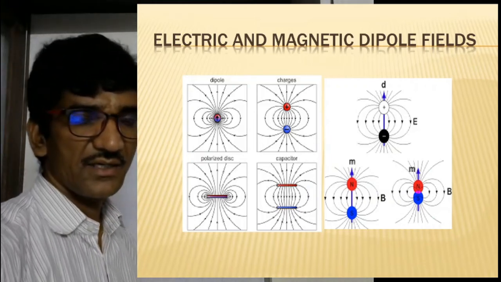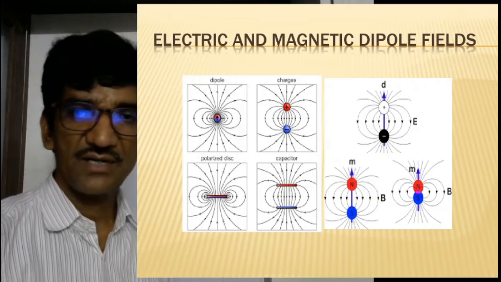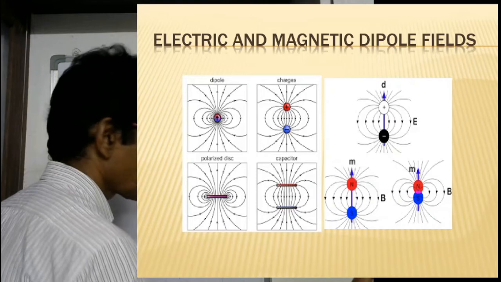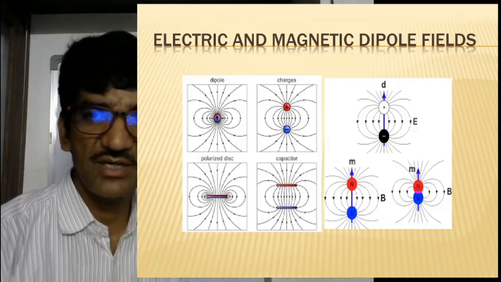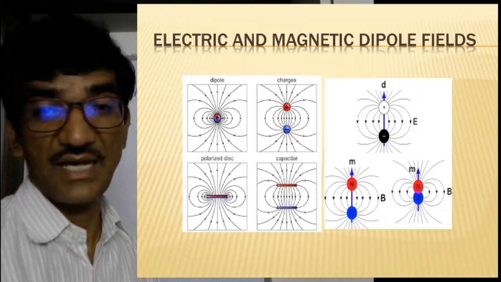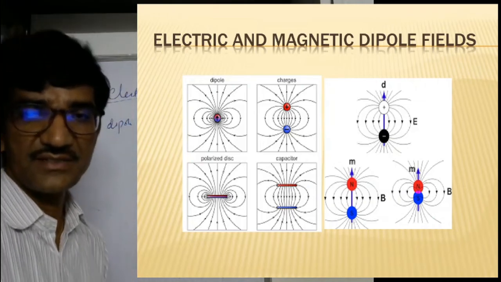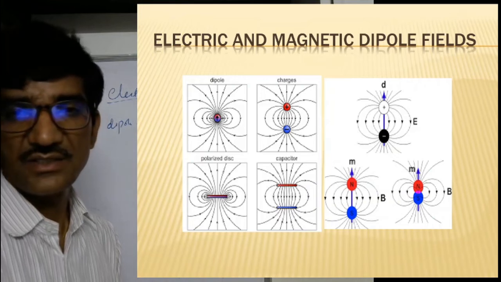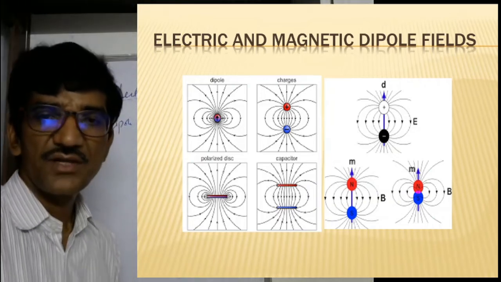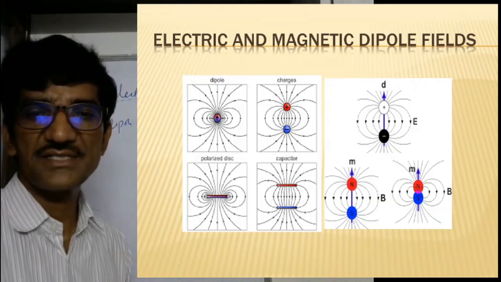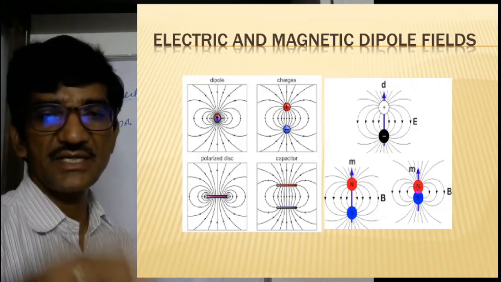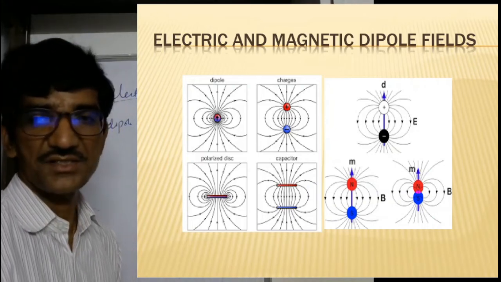We will come to the dipole later. First you see the two charges separated at a considerably large distance. This we have studied while studying the field line concept. So take the second one from the top. See the heading is charges. You see how the charges are there, how the field lines are there. Field lines are starting from the plus charge and terminating in the minus charge.